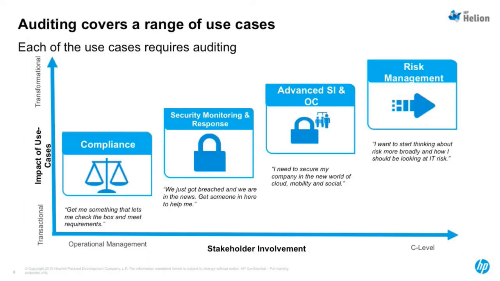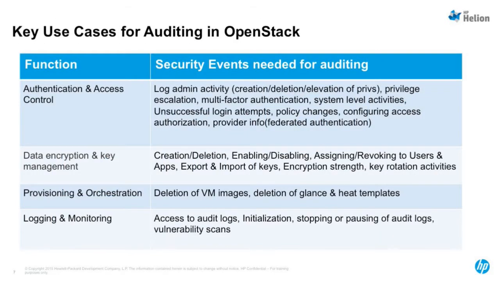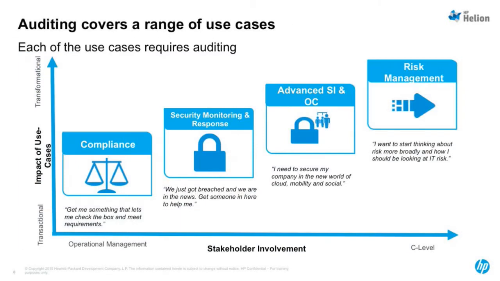In addition to compliance, auditing also covers a huge range of use cases. Compliance is more from an operational management perspective, more of a checkbox: I need to satisfy these controls and get through with the auditor. That's a basic requirement for a lot of enterprises as they move to the cloud,